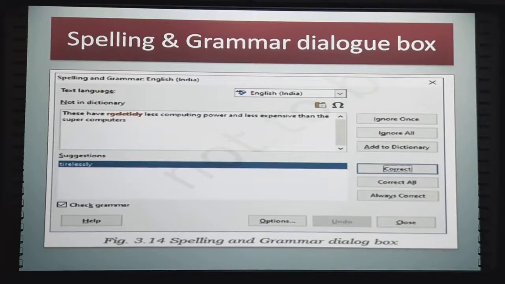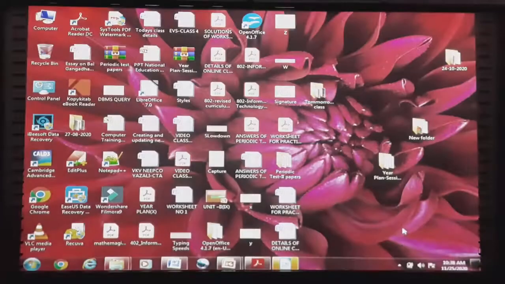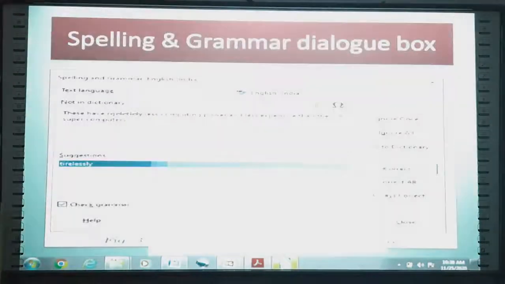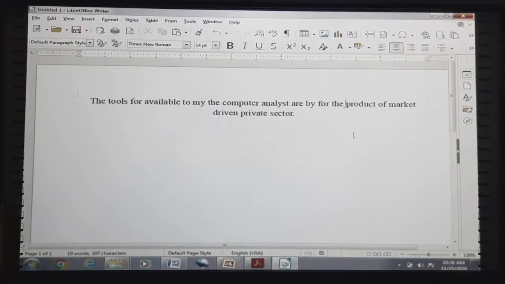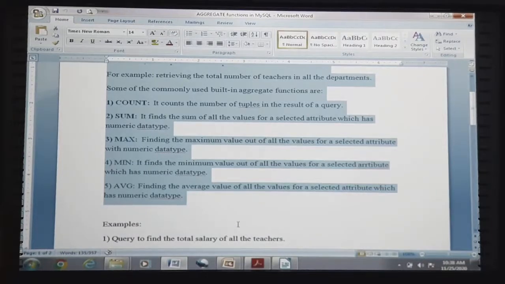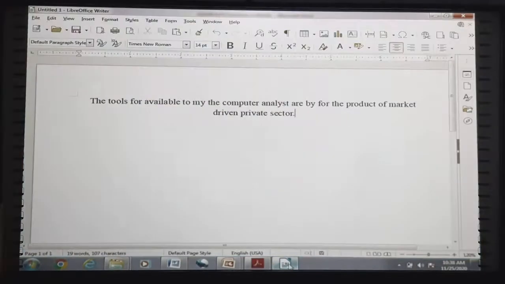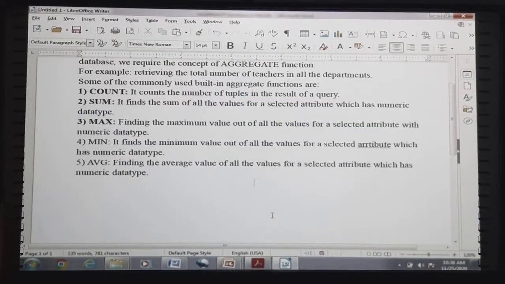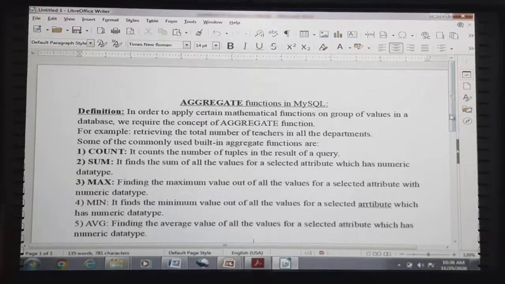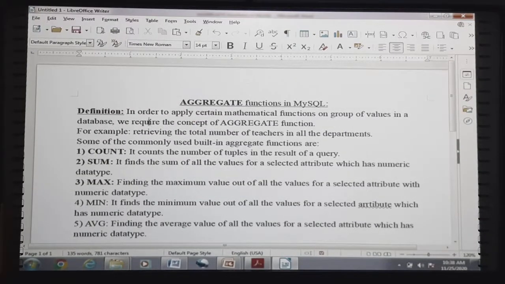Fine. So let me bring it in my document itself. In my document also I am bringing the same. Suppose I am removing this. Okay. Now what I did, I inserted a content, Control C, Control A, Control B. Okay. Now what I did, okay.